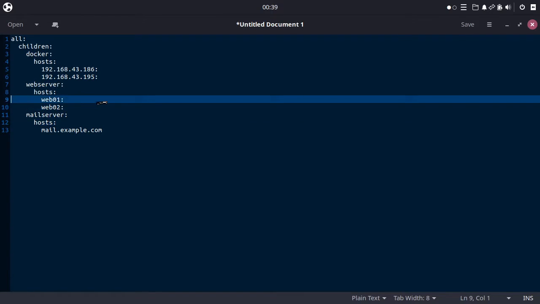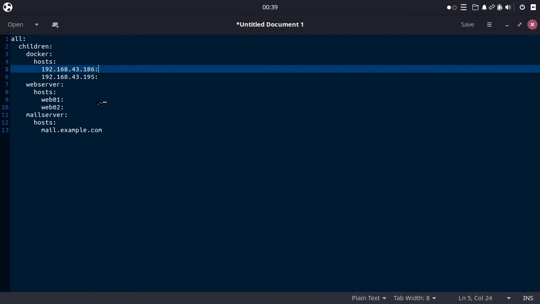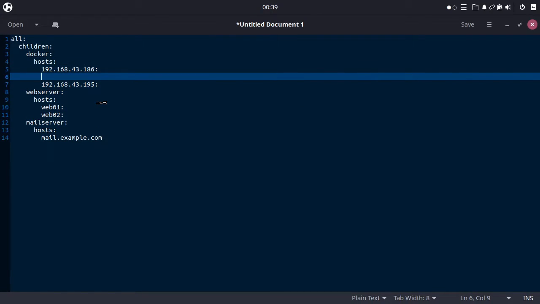This is the host. Okay, now let's say each of the servers has a different configuration, for example a different user to log in from Ansible. Well, we can specify that here.